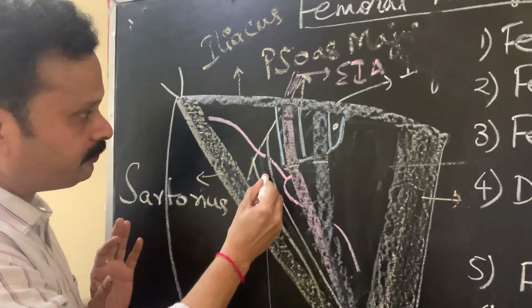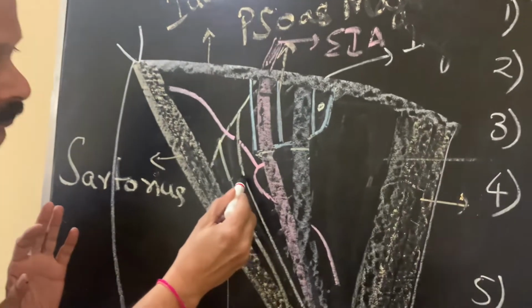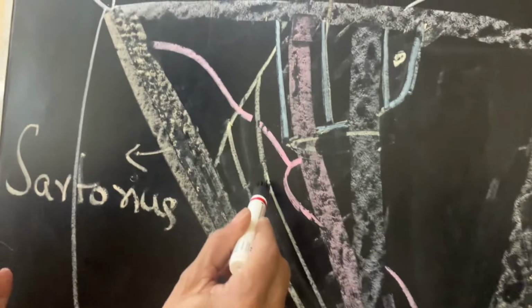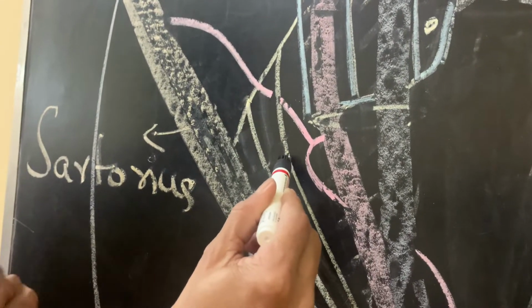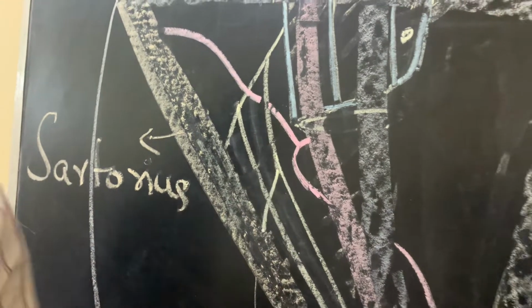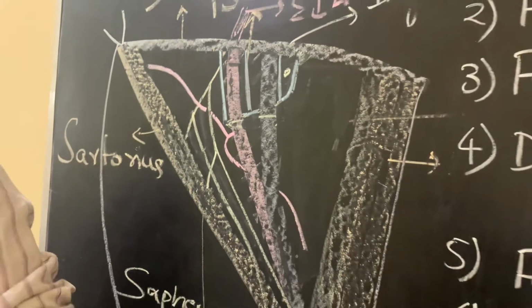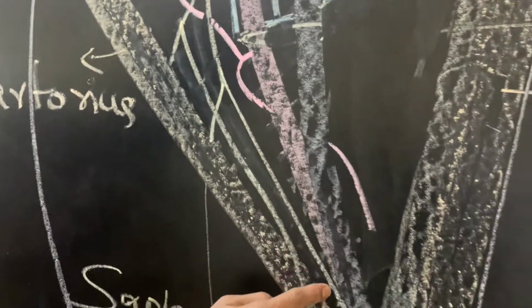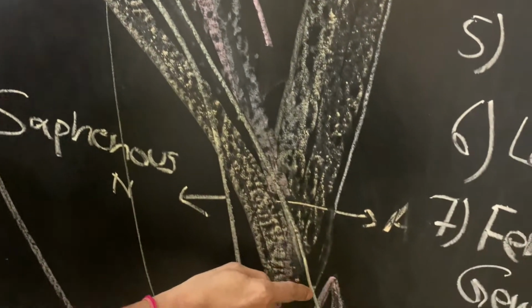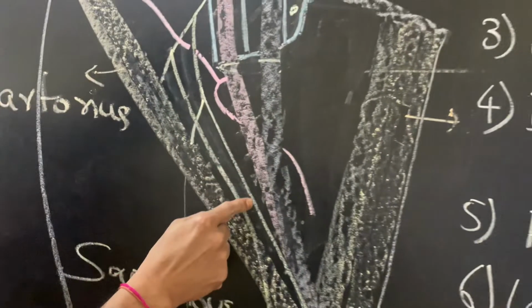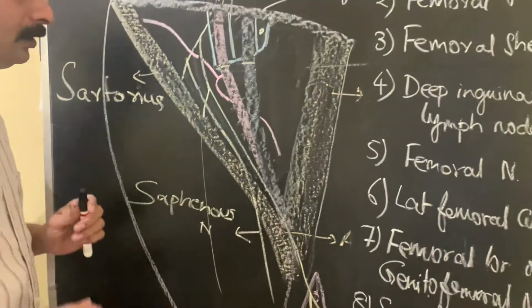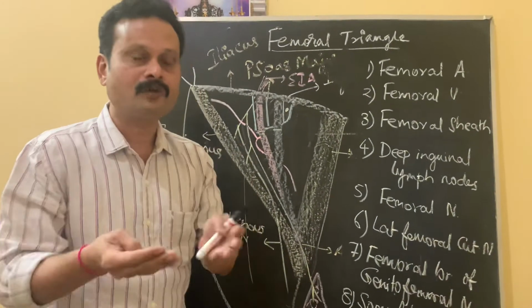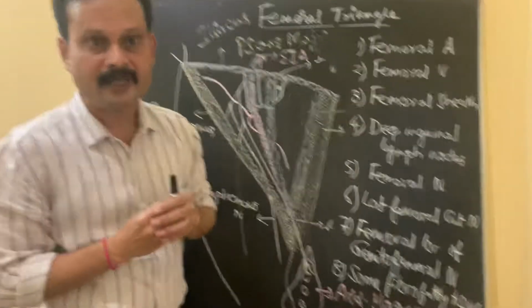Now this is the anterior division. It gives off 3 branches, of which 2 are cutaneous and 1 is motor. The cutaneous branches are, this is number 1, the medial femoral cutaneous nerve. This descends downwards. In the majority of its course, it forms the content of the femoral triangle.